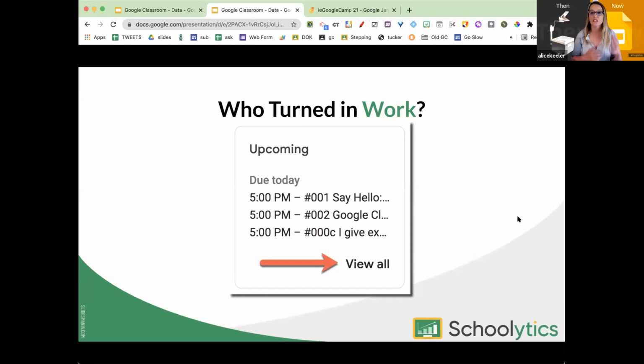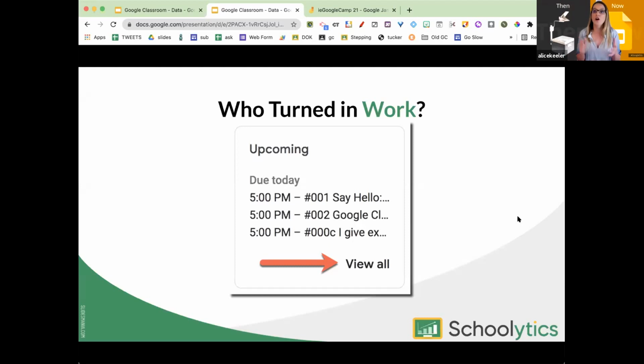The stream is where I get to know my students. That's where we have discussion board questions. So I want to be able to see, this is the assignment. I can read the directions, and it shows me how many students have turned something in. So I scroll down the stream. It shows me the full description of the assignment. It shows me who's turned it in, and I click on that turned in number, and I can give feedback